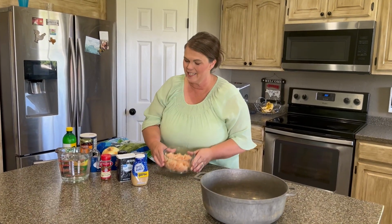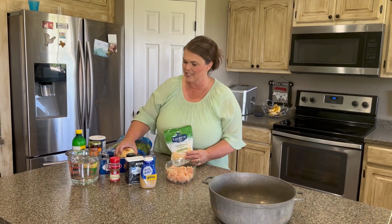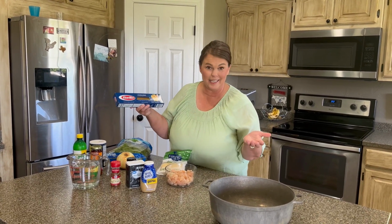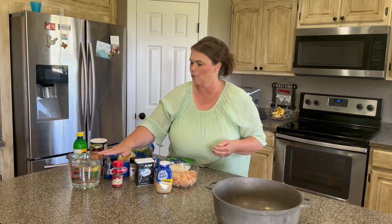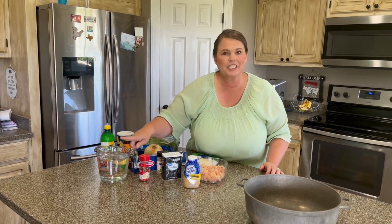Friends, this recipe is called cheesy Italian one-pot pasta. My neighbor, my good friend Lisa, shared it with me, and it's so delicious. Let me show you what's in the pot. We are going to have chicken, spinach, Parmesan cheese, onion, I can't say that word, linguine. I need to be Italian to say that. Italian seasoning, pepper, garlic, crushed red peppers, water, sun-dried tomatoes, lemon juice, salt, and I'm actually gonna turn this water